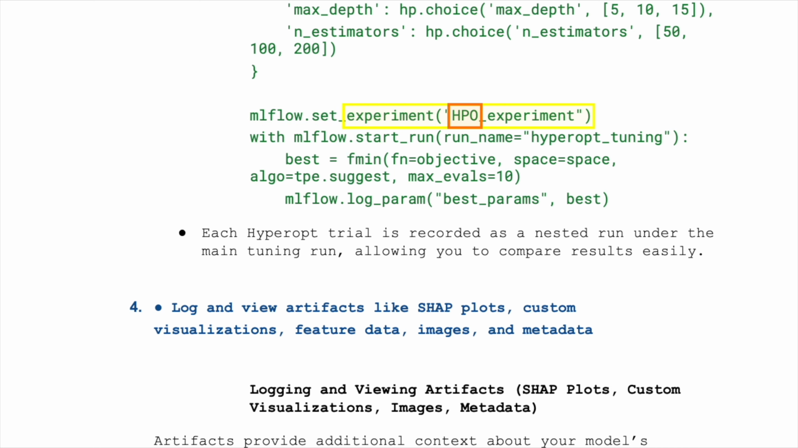mlflow.set_experiment hyperopt_experiment, with mlflow.start_run run_name equals hyperopt_tuning: best equals fmin fn equals objective, space equals space, algo equals tpe.suggest, max_evals equals 10, mlflow.log_param best_params best. Each Hyperopt trial is recorded as a nested run under the main tuning run, allowing you to compare results